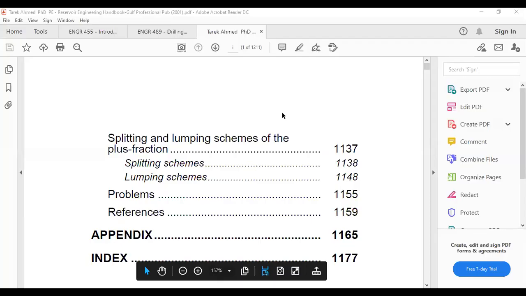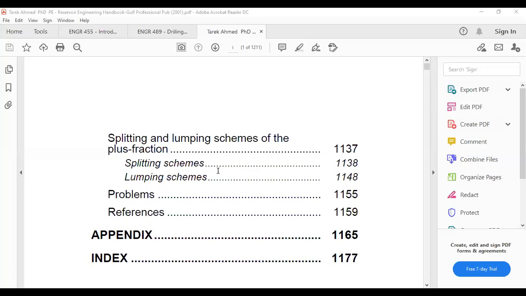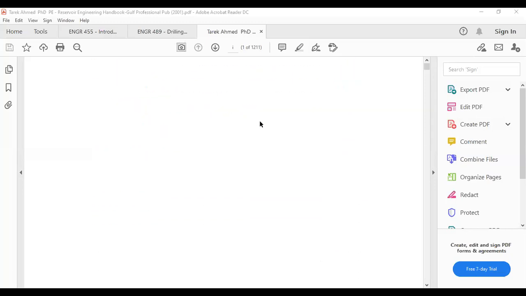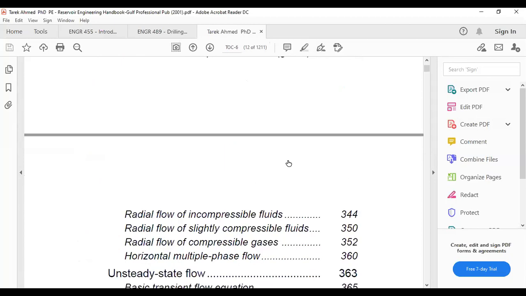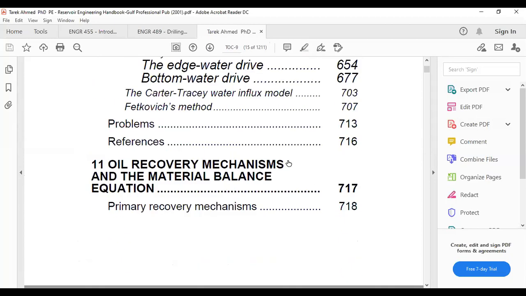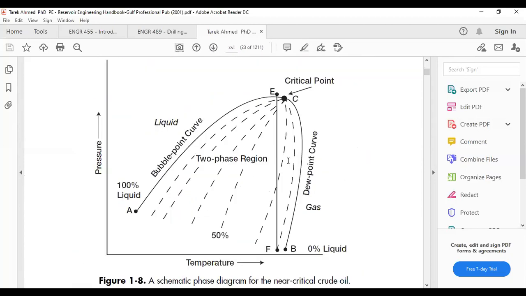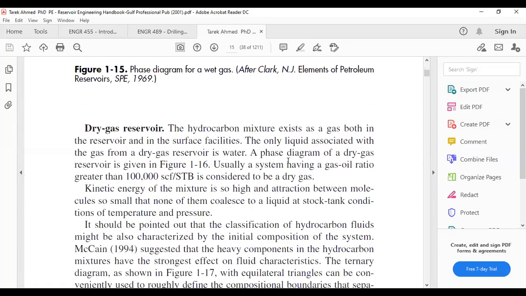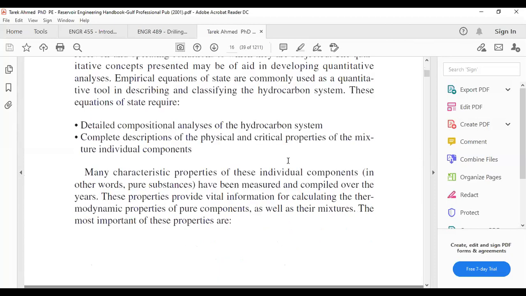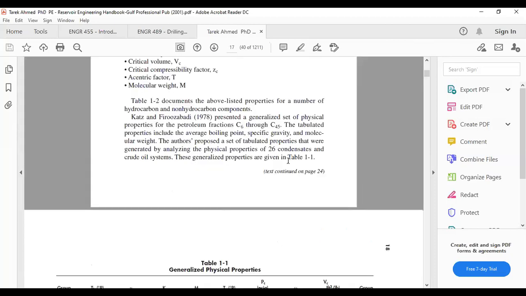This book is from the book of Tariq Ahmed, and this book has some of the mathematical questions to find the basic properties of oil, fluid and rock. So I have selected 6 or 7 different questions, and I've given their questions also. Let me show you, for example,